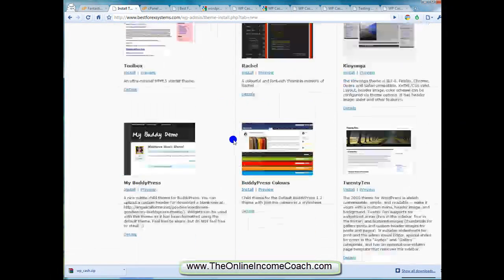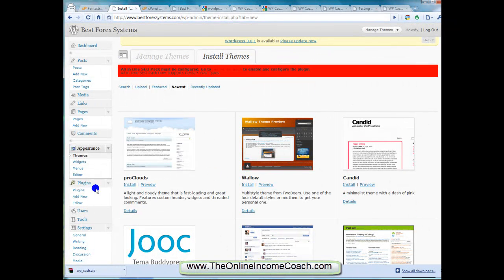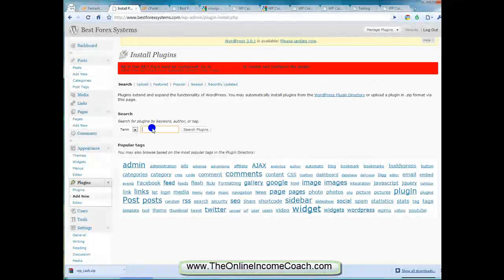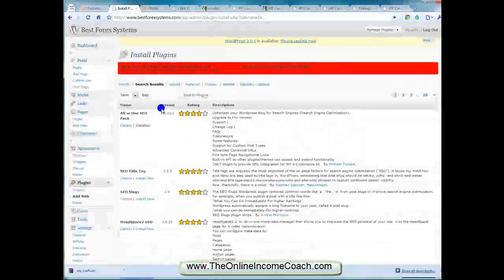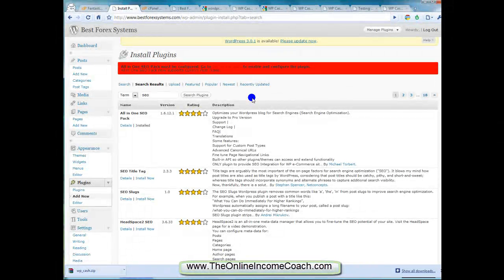So yeah, pick a theme, click on install, activate the theme, and also don't forget to go to plugins, add new, search for SEO, and grab yourself the all-in-one SEO pack. And that's going to be enough to get you started. You can start typing posts straight away on your chosen topic,